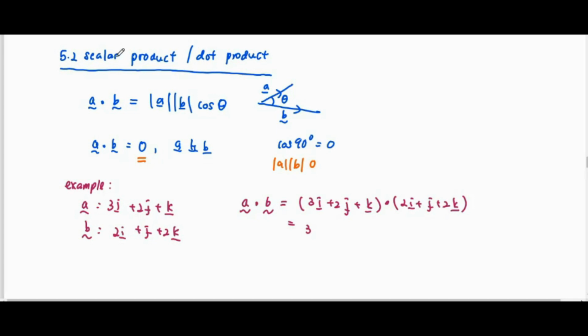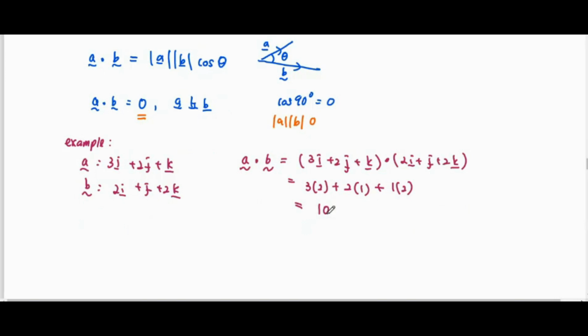So scalar product means it's talking about magnitude only. I, J, K is your vector. I, J, K adalah vektor. So kita tak pandang vektor tersebut. Kita tengok nilai sahaja. Kalau I, 3 darab 2, tambah 2 darab 1. Then untuk K, 1 darab 2. So kita tengok nilai saja. So that's why this topic we call it scalar product, dot product. So hasil darab ini kita dapat apa? So we get 10. So bila kita nampak ada jawapan, bermaksud vektor A dengan vektor B di antara mereka ada